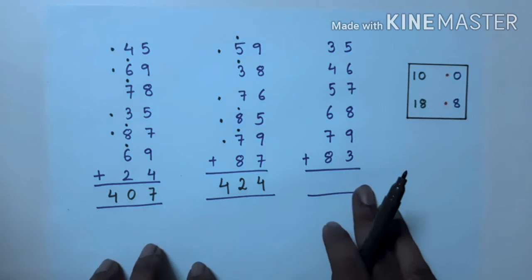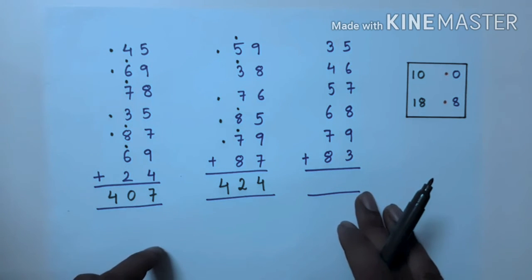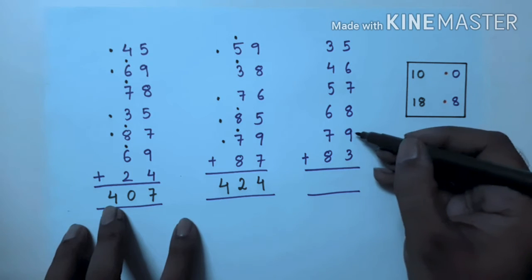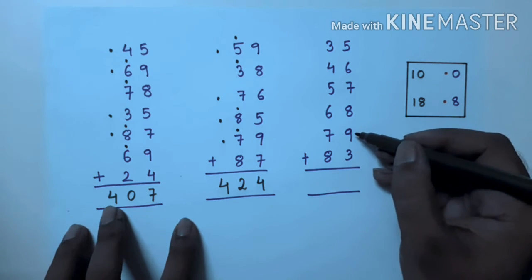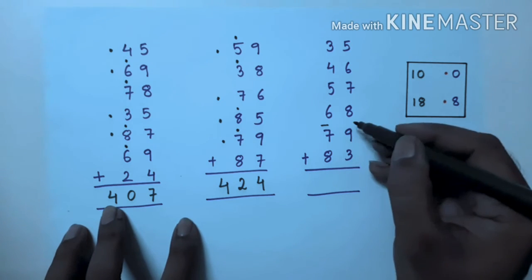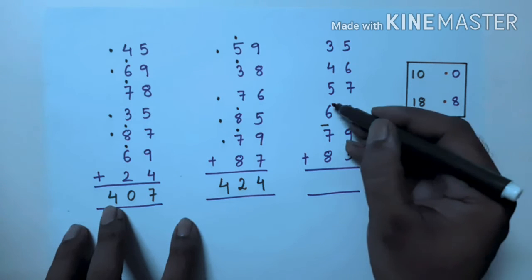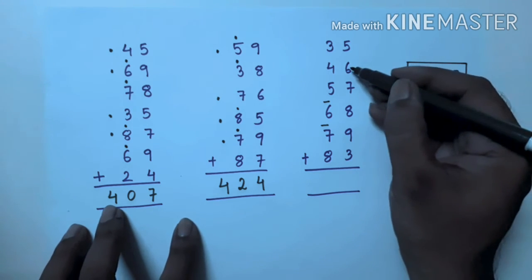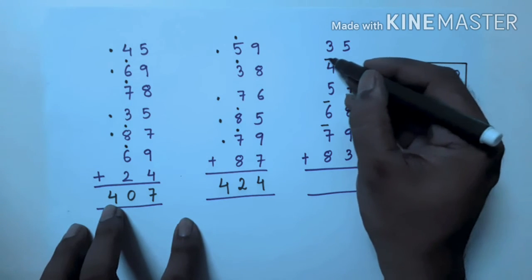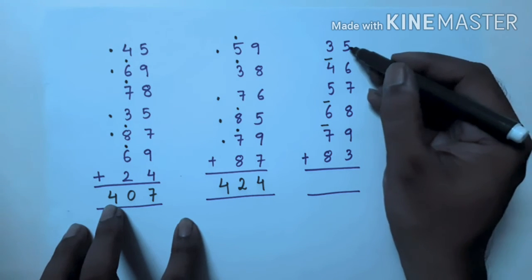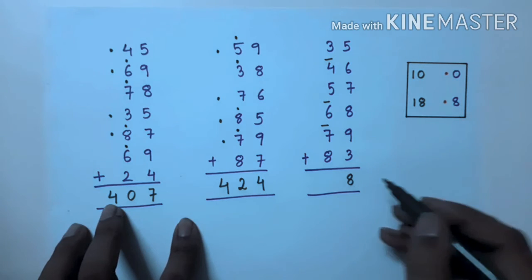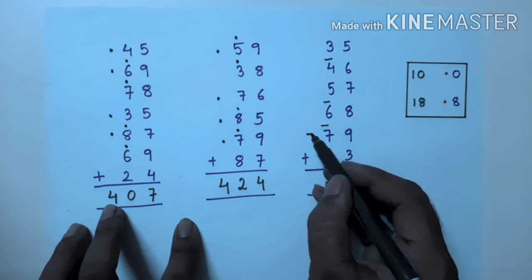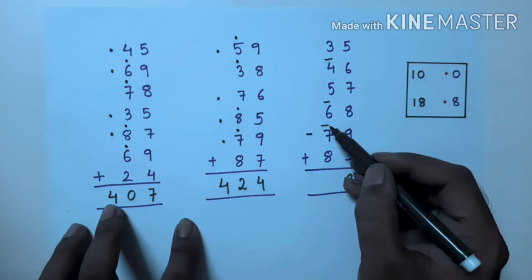Now let's see the same thing here, but this time let us take dash. Okay. So 3 plus 9, 12. 12, write dash, 2. 2 plus 8, 10, dash, 0. 0 plus 7, 7. 7 plus 6, 13. 13, dot, 3 in the mind. 3 plus 5, 8. Next 8 plus 7, 15, dash, 5 in the mind.